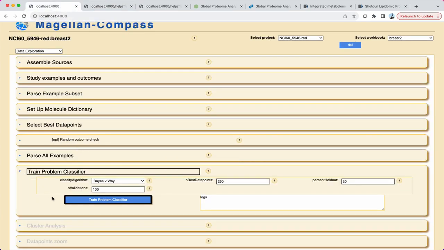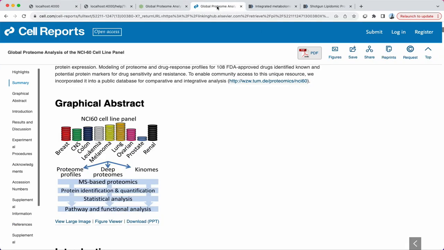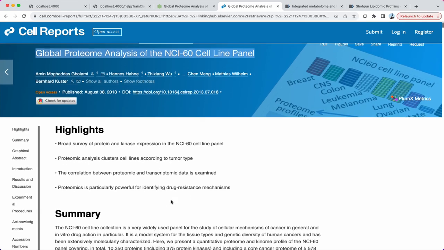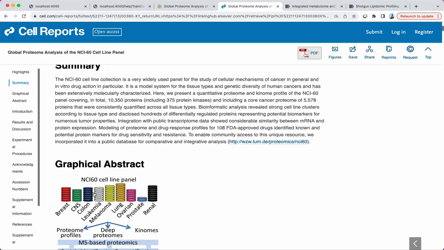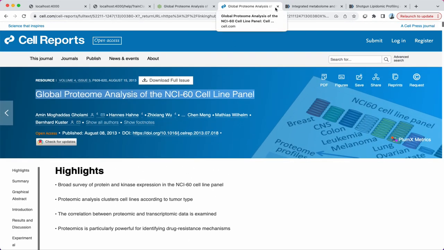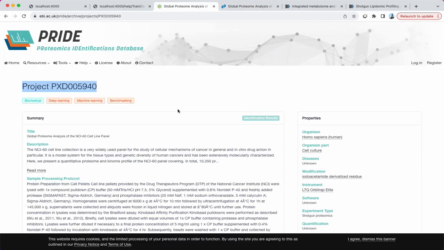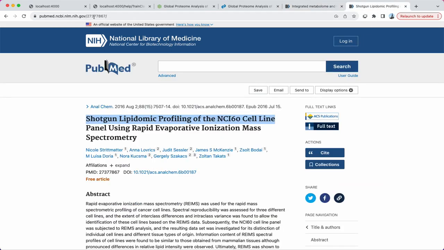I am demonstrating the tool using data from a single pair of breast cancer cell lines. The files under study here contain the spectra from proteomic specimens derived from the NCI 60 cancer cell lines, with 12 or more experimental replicates performed on each cell line. This is published data and made available for download at the PRIDE Proteomics Data Repository. Importantly, Compass works for comparative expression analysis of mass spec datasets in proteomics, metabolomics, lipidomics, and many other applications.